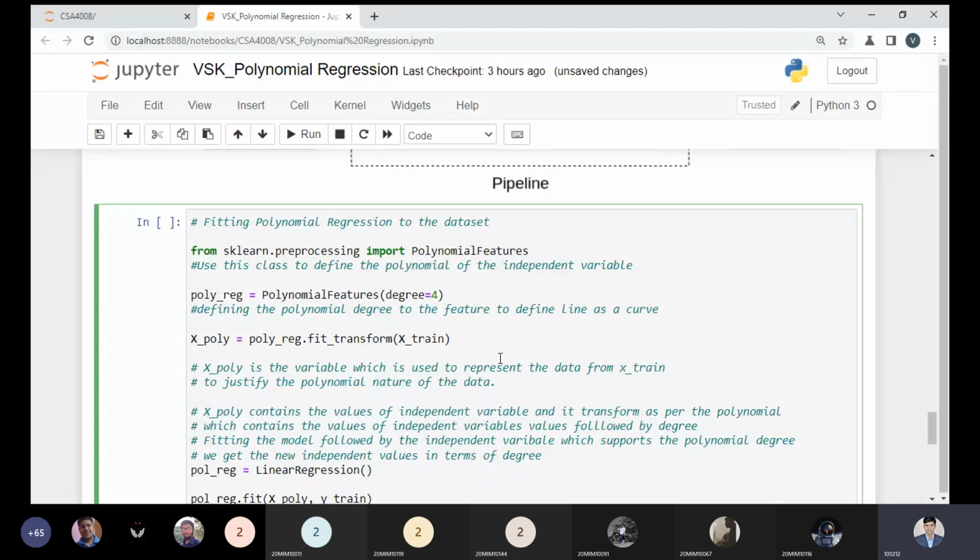I'm giving the variable name polynomial regression over here, and this will be used to define the degree we are using.